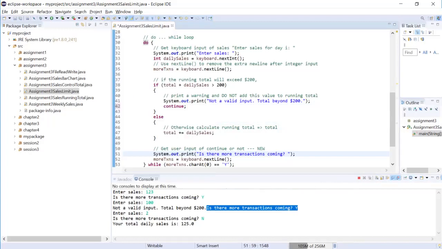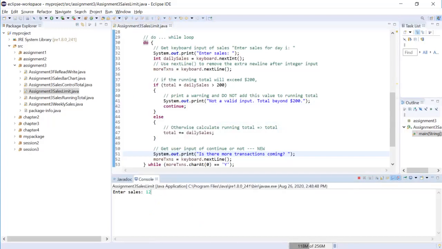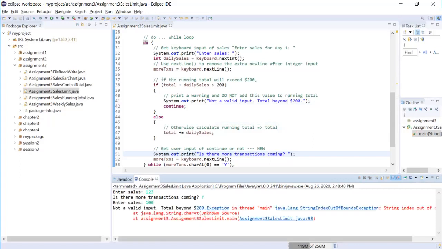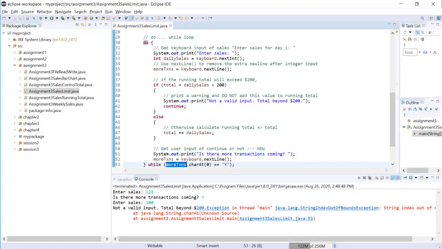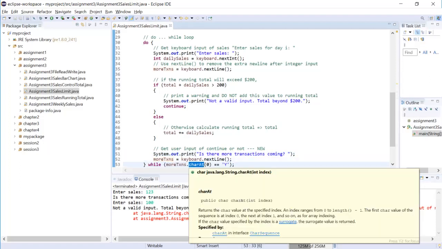So if I run this and it says 1, 2, 3, yes, more coming. And this time 100, so it goes beyond 200, not a valid total beyond. There's an exception because there are no more transactions. But basically, you can see that